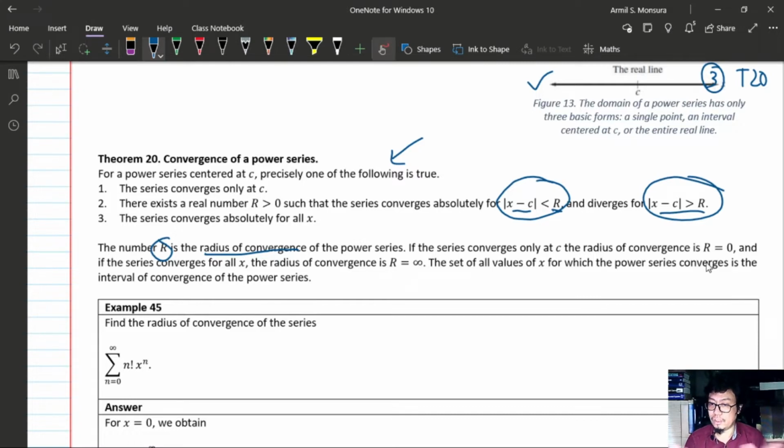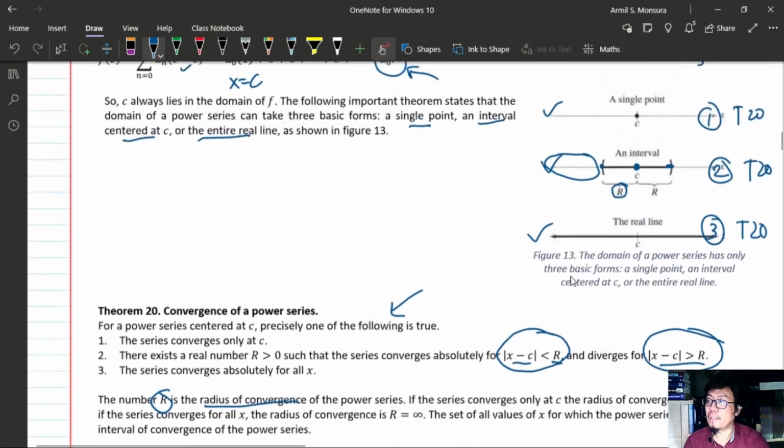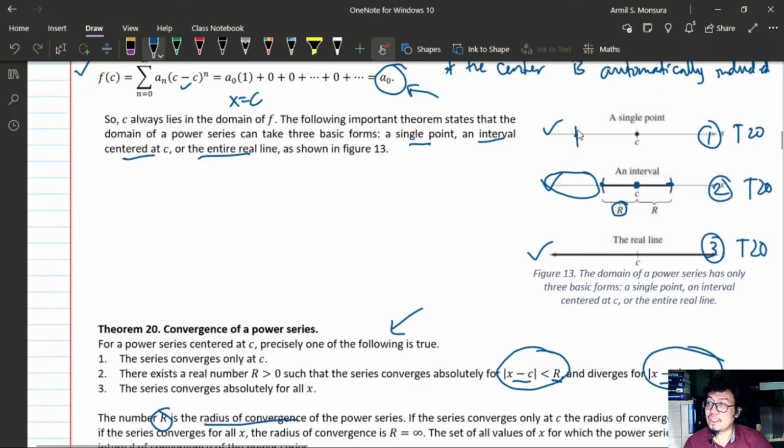Okay, because it just converges on a certain point. And if the series converges for all x, the radius of convergence is infinite. So the range of your convergence is either 0 or infinity. In this case, you have r equals 0, the radius of convergence is 0. In this case, your radius of convergence is infinite. And in between,